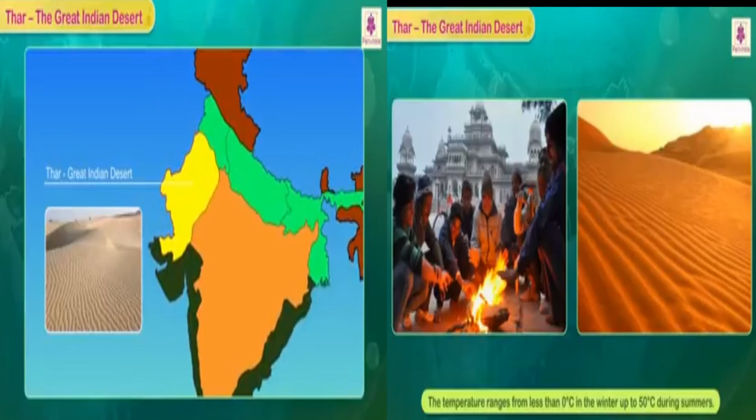The temperature ranges from 0 degrees Celsius in winter to over 50 degrees Celsius during summer. And rainfall in this region is about 10 to 50 centimeters per annum. And there are the Aravalis, the Vindhyas and Satpura range. Aravalis are old fold mountains that run across Rajasthan. And Vindhyas divide northern India from southern India. And Satpura range, along with the Vindhyas, divides the northern plain from the peninsular plateau.